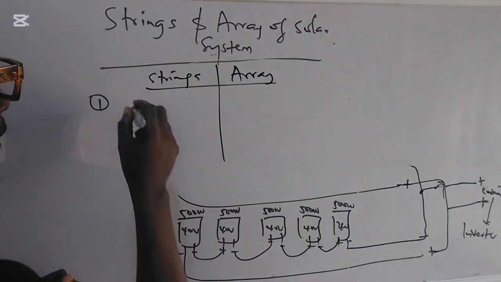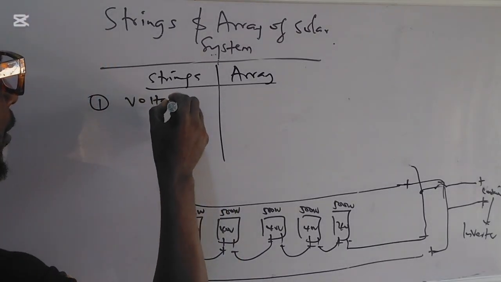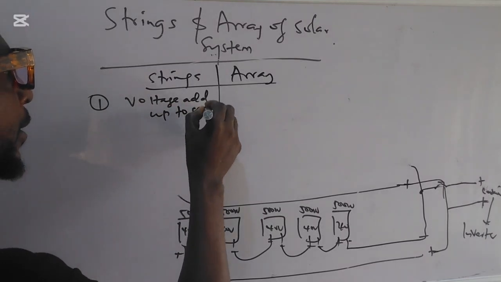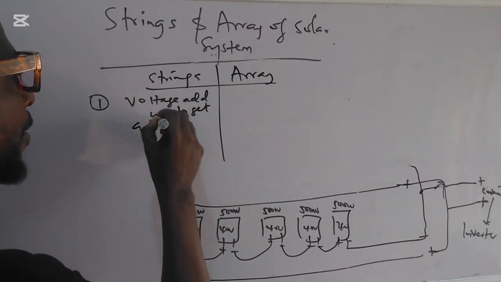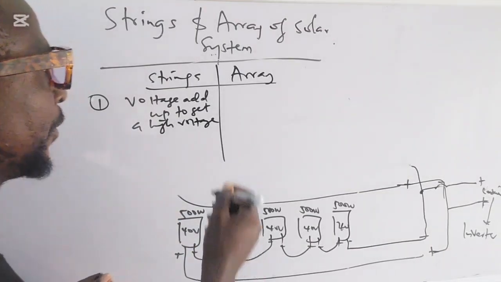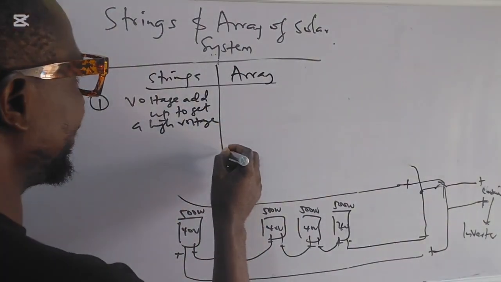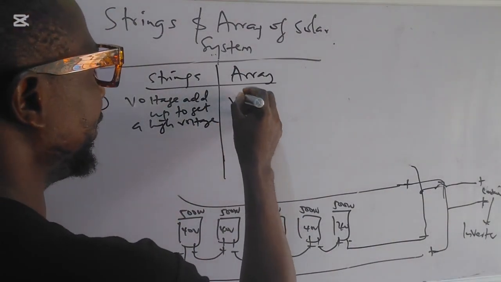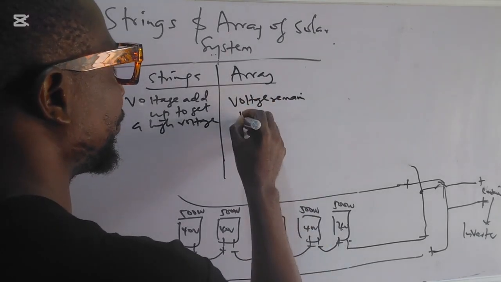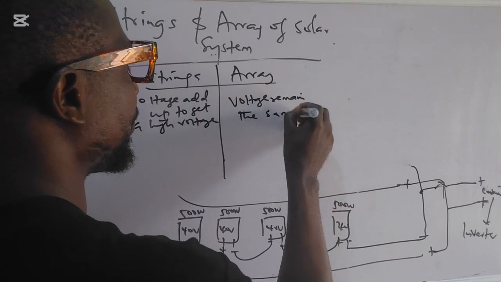The first one is that in a string, the voltage adds up to get a high voltage. But in this case, the voltage remains the same,